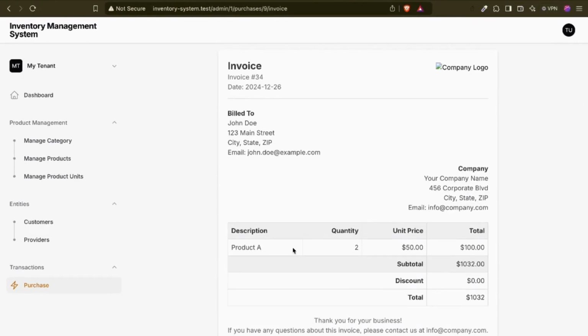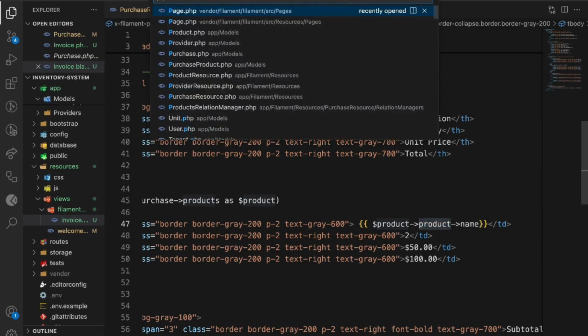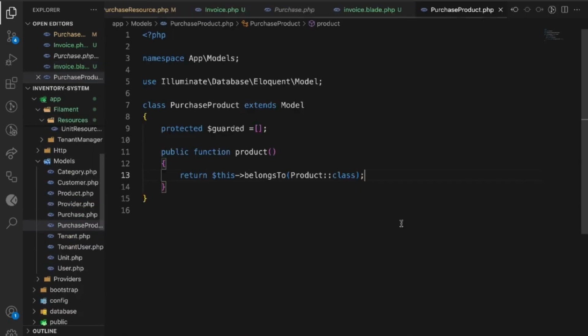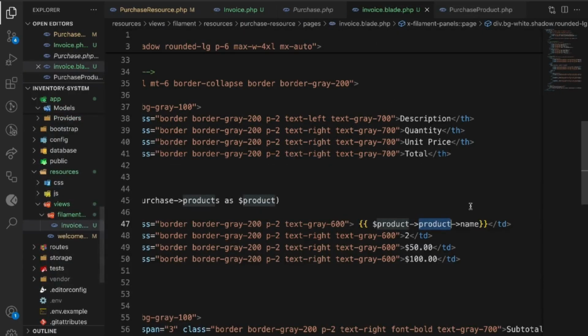If you check it now, product A, so this product is our current product, it has product ID, and inside the purchase product I have a relation in there with product, right? So which belongs to a single product. From there we get the name, and after that we have the quantity,